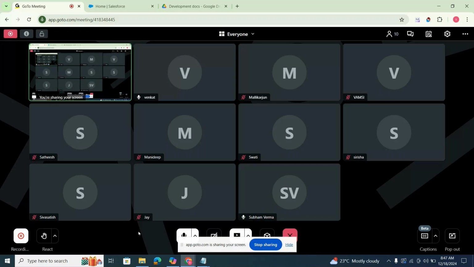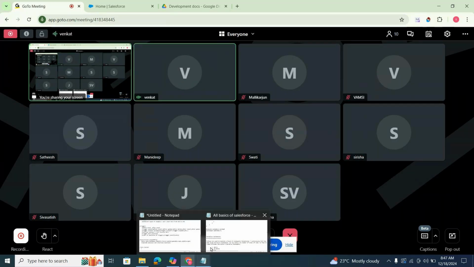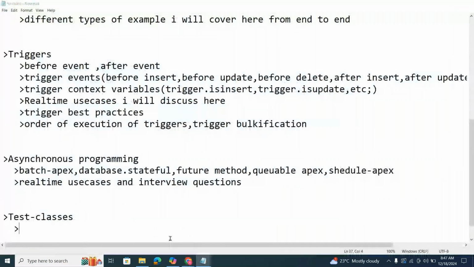We need to test ourselves whether our code is working fine as per the requirement. If the code is working fine as per the requirement, then we can proceed. If the code is not working fine as per the requirement, then we'll stop and modify the code accordingly. A minimum of 75% code coverage is required.